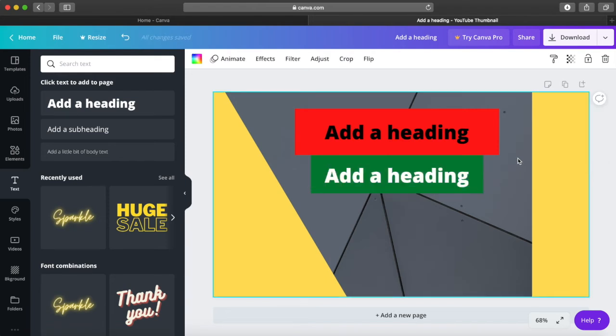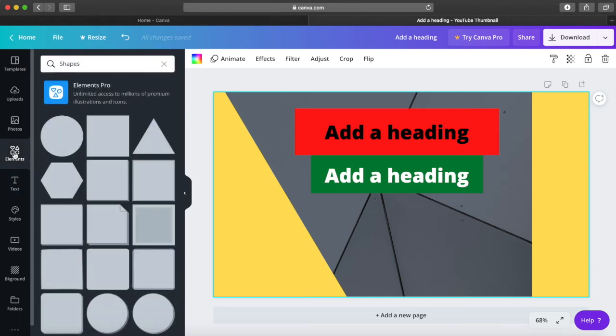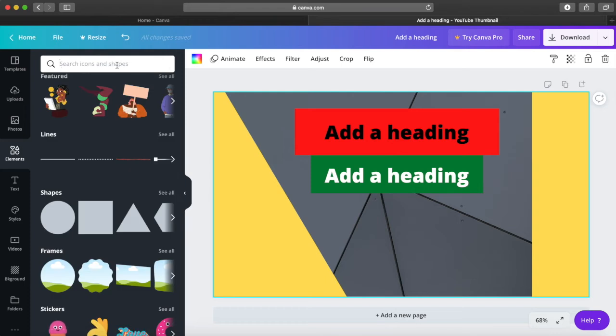Okay, once you do that, after that you can change the text. You can change the color of the text as well. You can change the font. We'll do that later, but for now we'll go back to elements, and then in the search box we will